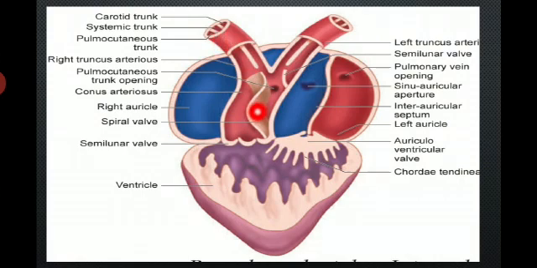And another thing, you have to see the valves. This is a semilunar valve. This is a spiral valve. This also is a semilunar valve. And an auriculoventricular valve. This valve arises near the anterior, divided into anterior and posterior regions, between them arises the auriculoventricular valve. Similarly, the semilunar valve is present. So commonly this type of valve helps to keep the oxygenated and non-oxygenated blood from mixing too much in the ventricle chamber.